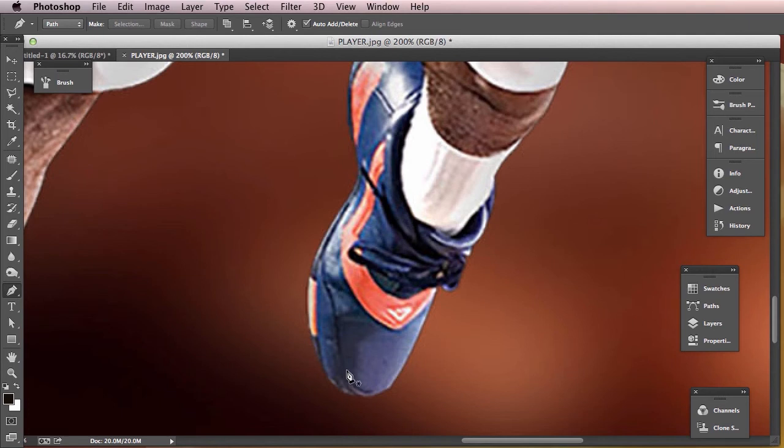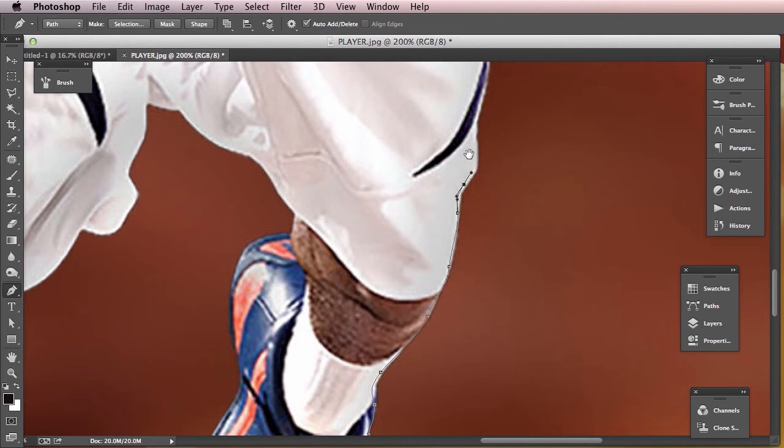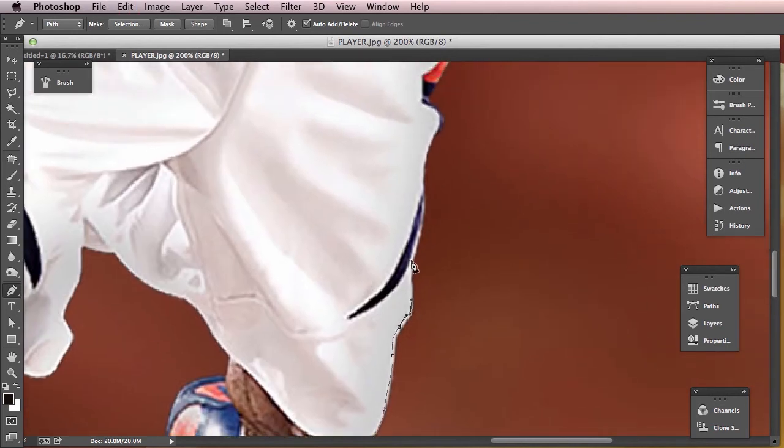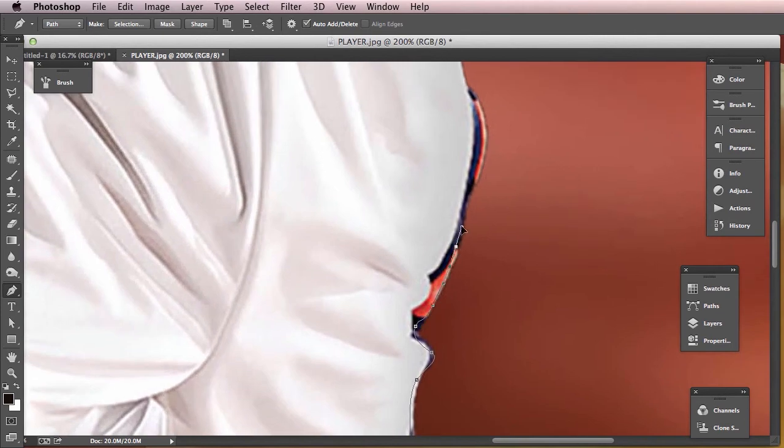and I'm going to begin to navigate around the image, being as quick but as careful as I can in order to extract this nicely from the background. Now those of you that are familiar with the pen tool, you'll know that it takes some practice,